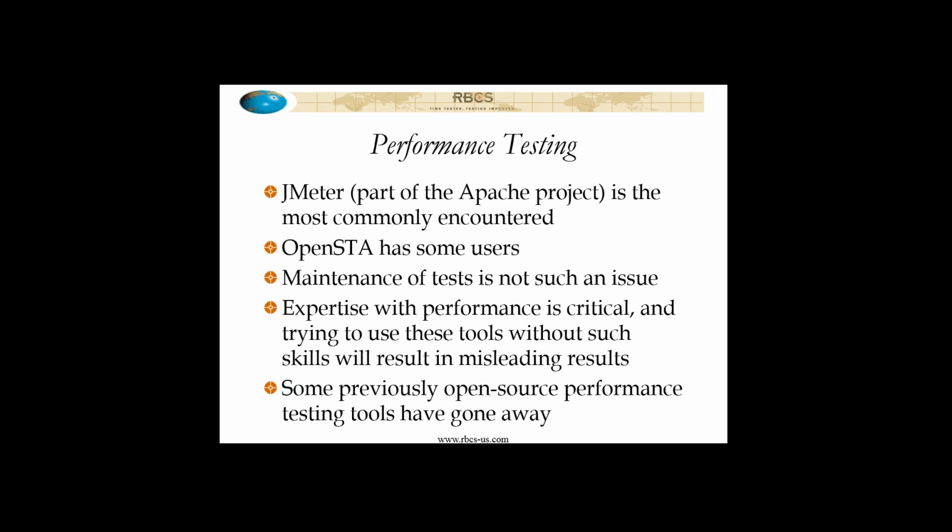Now, performance testing and reliability testing have as an advantage over GUI test automation the fact that you're usually not worried about trying to build a set of tests that has to be maintained over a long period of time. Basically, one of the things that makes the tests easier to reuse and easier to build is that your oracle, the way that you're going to determine whether the test has passed or failed, is a lot simpler,